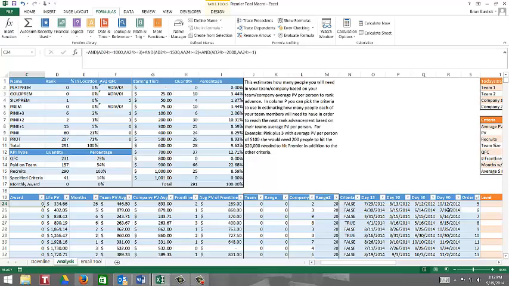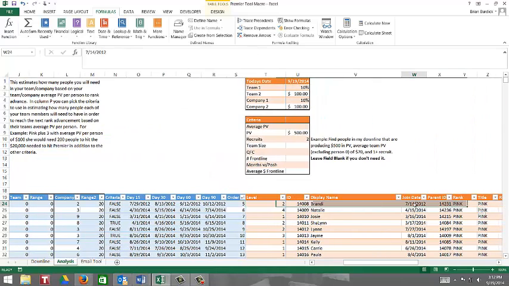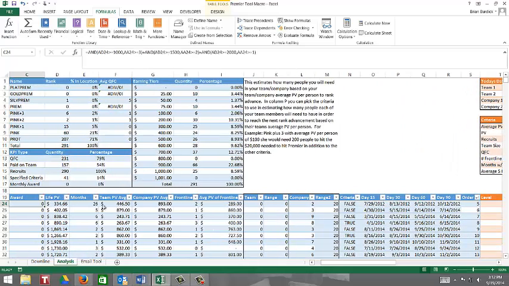She joined back in 7/14 of 2012, and what this is doing right over here is saying how many months she's been with Perfectly Posh. It's breaking down how many months based on 30.42 days per month, since there are 365 days in a year. That's that logic. Then I take the lifetime PV divided by the amount of months that they've been with Perfectly Posh. So since she joined Perfectly Posh, she's averaged